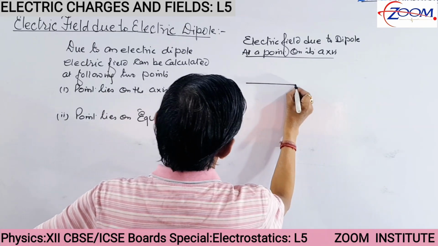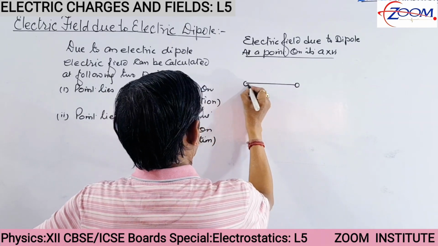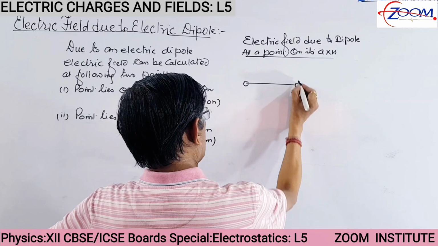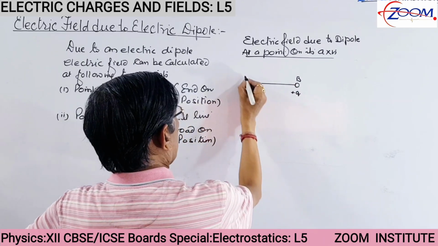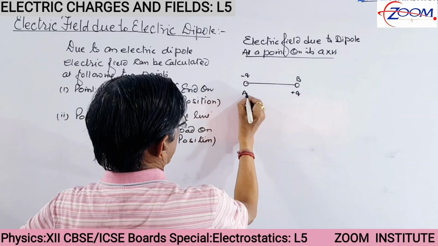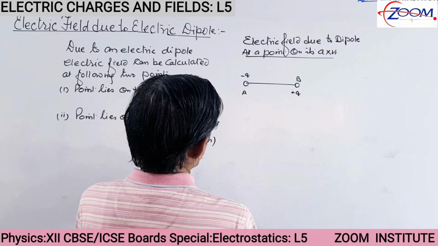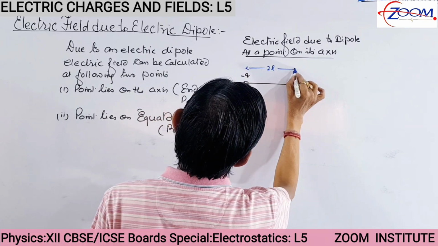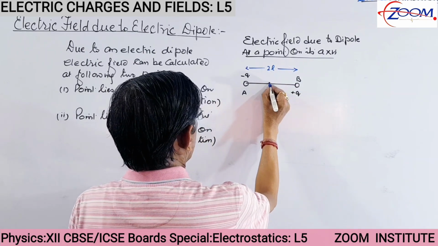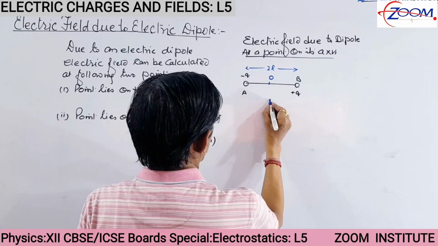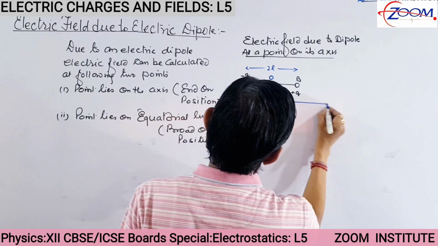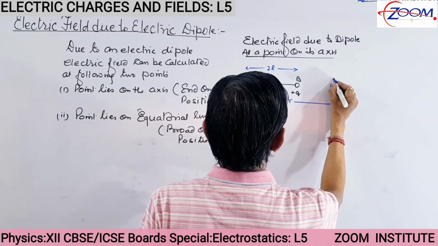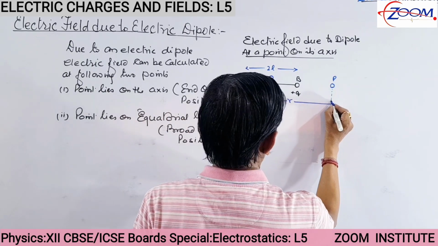Suppose students, this is an electric dipole, consists of charge plus q at point B and minus q at point A. The length of the electric dipole is 2L. This is the length of the electric dipole, that is 2L. From its center O at distance r, there is a point P where we have to calculate the electric